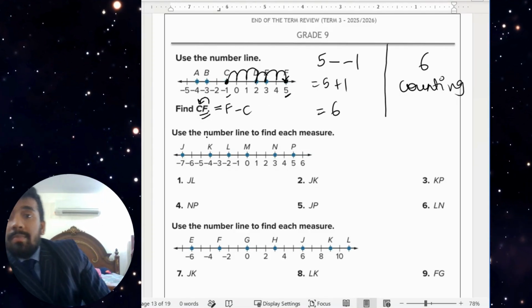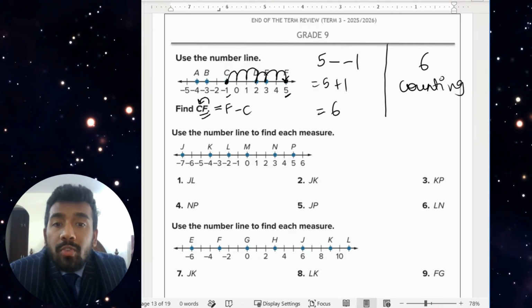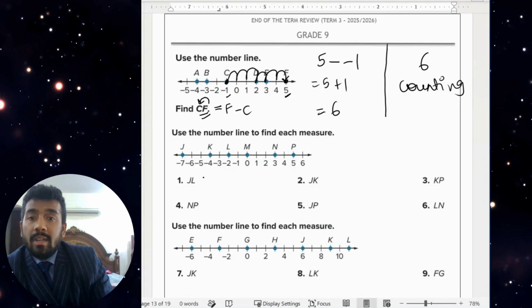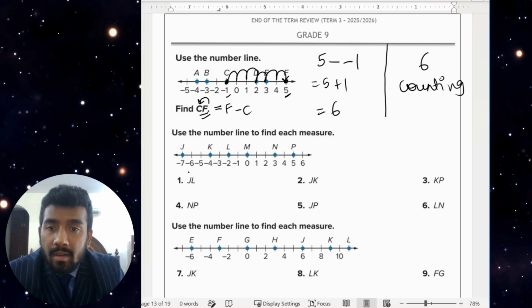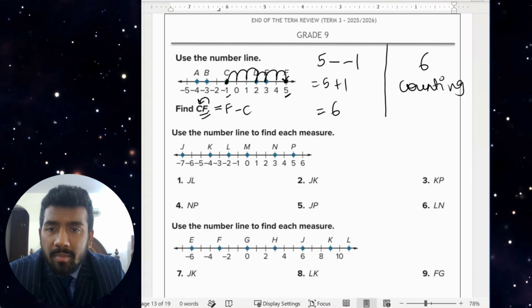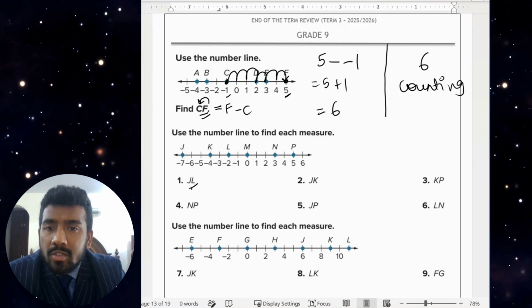Let's go to the next one. Use the number line to find each measure. Next one also, let's do JL. Out of this, let's do either of them. I don't want to do everything, so let's do